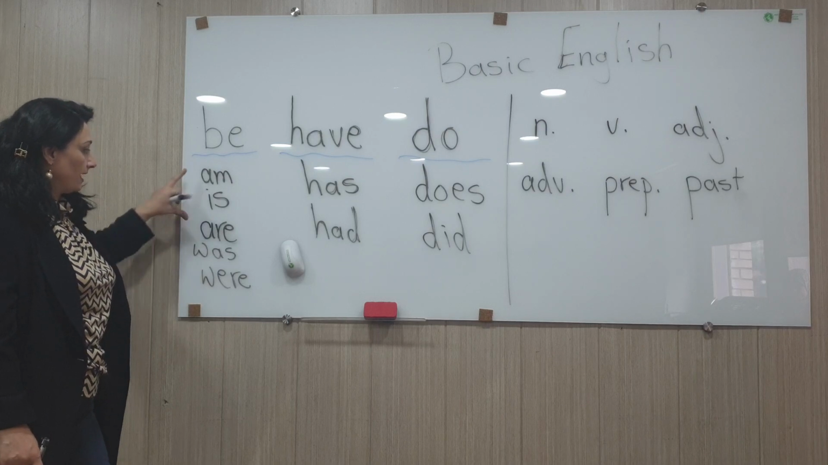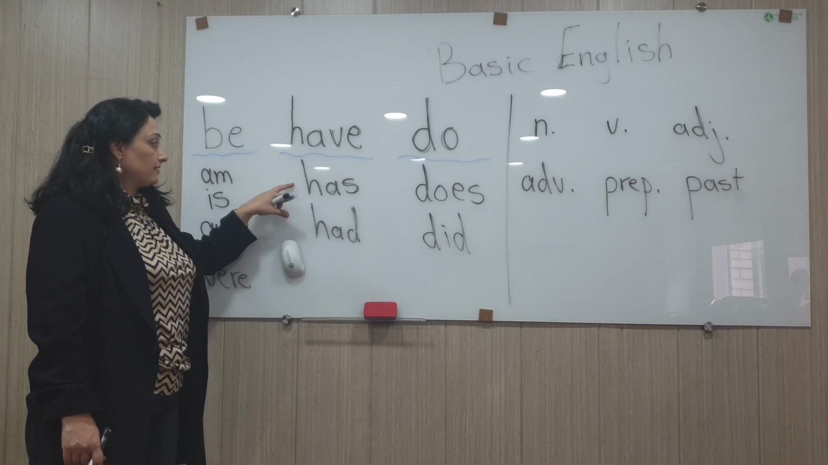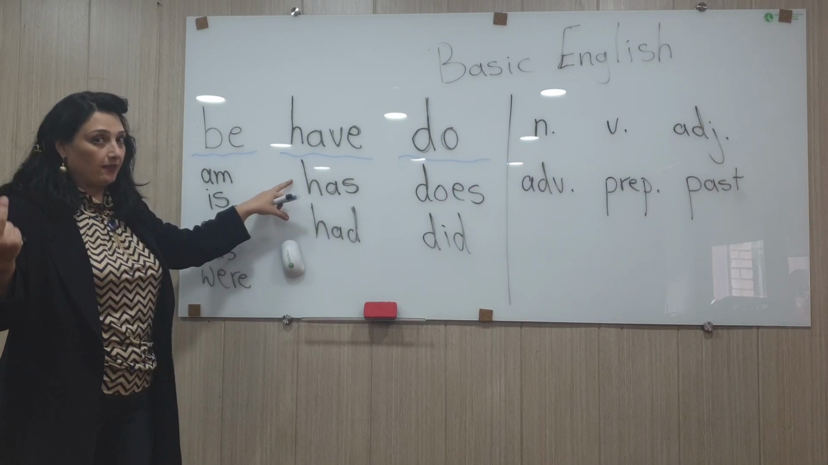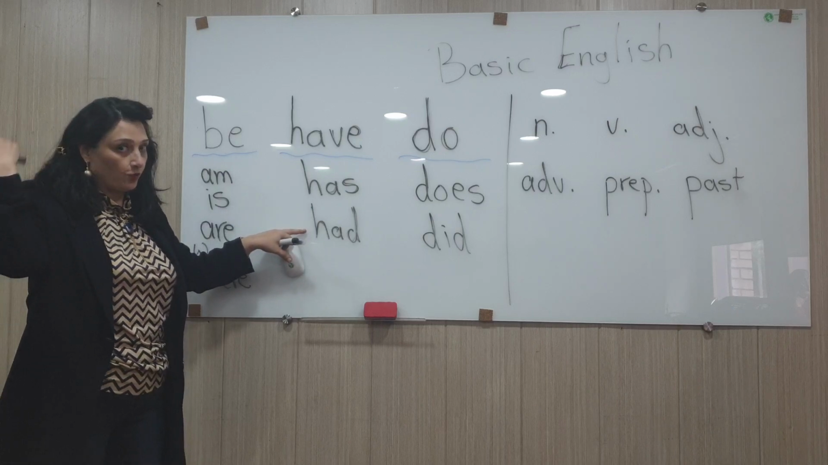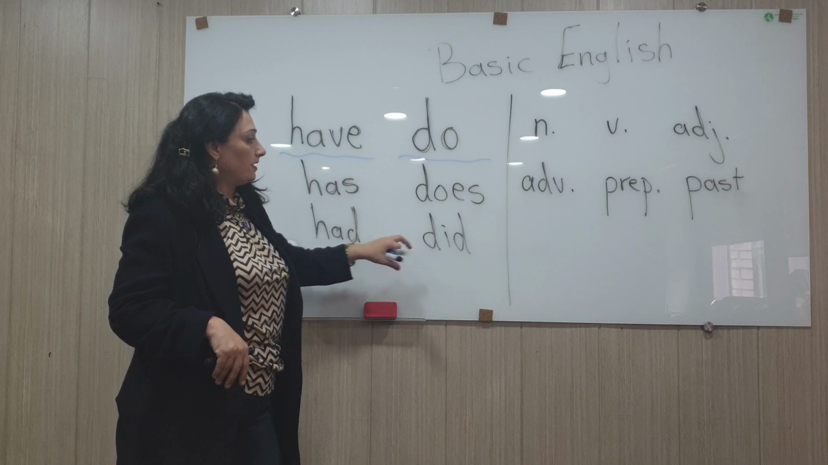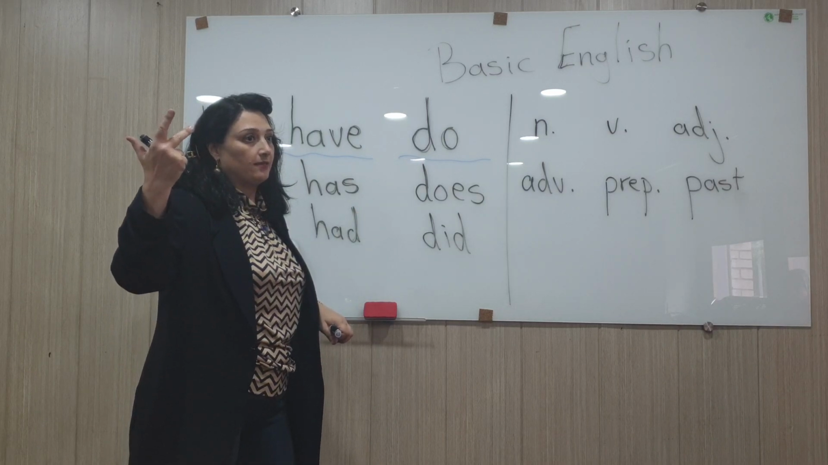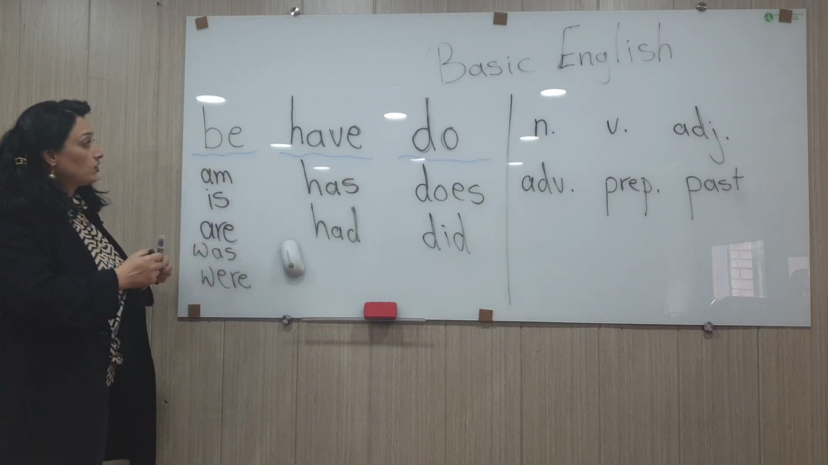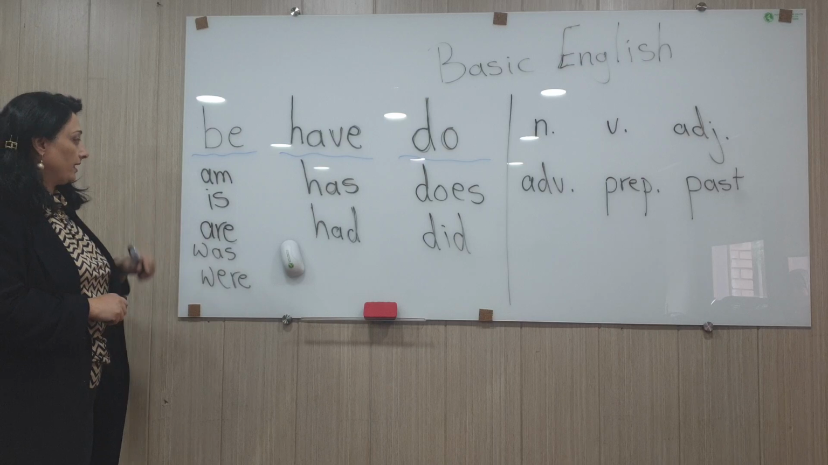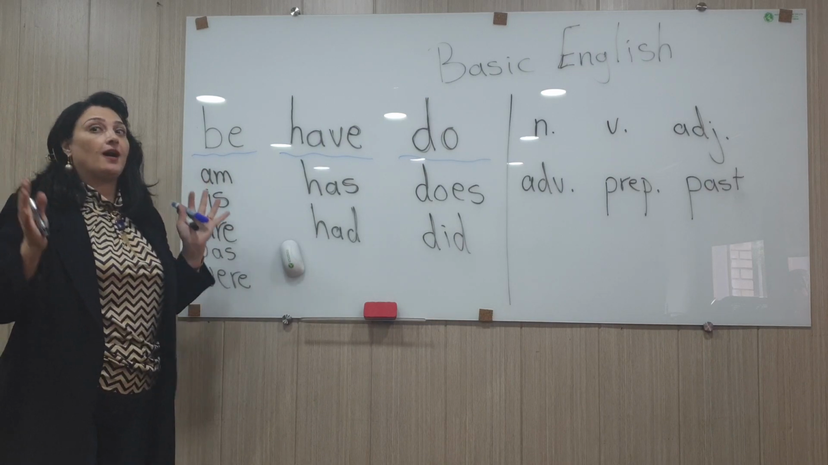These are for the past, and these are for the present. Now, have, it has the verb has for he, she, it pronouns, and had for the past. Do, does, and did for the past, and does for he, she, it. Now, if we want to say an example about am or is, and we are going to summarize